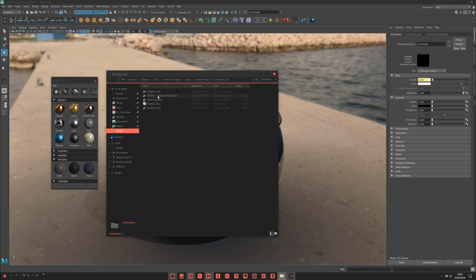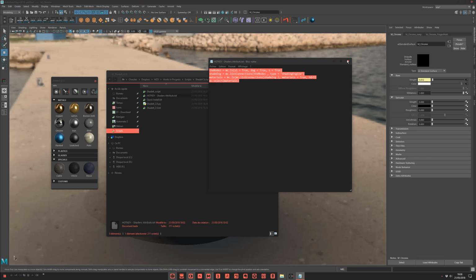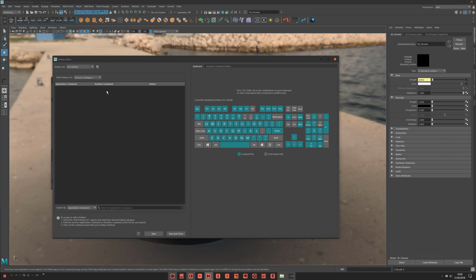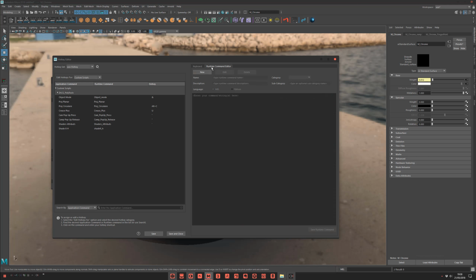I give you a quick hotkeys file. You open it, you copy, because this button is great, but I prefer to have it as a hotkey. So I just give you the line of code. You open your hotkey editor, come in your custom script, for example, here, create a new one. You name it as you want, Shadeit attribute.